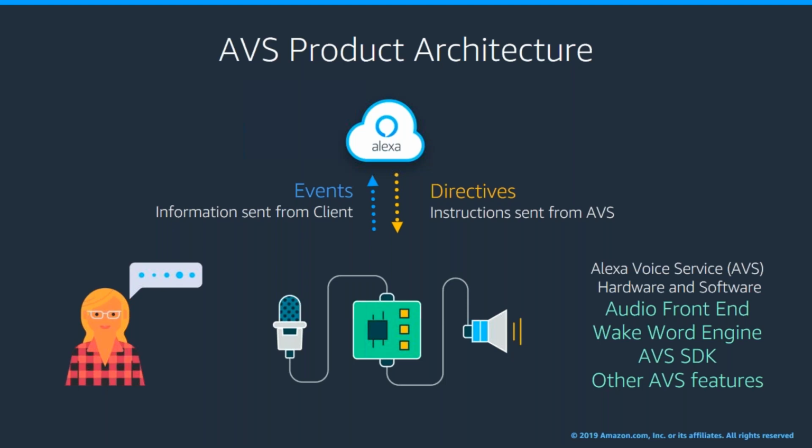So there's a diagram here at the bottom of the screen. The most basic block diagram, or a diagram that you'll see of a product with voice added to it. So there's the main product, the hardware and the software that controls the product functionality and use cases. And here we've added a microphone and a speaker as the bare minimum. There could be, of course, other peripherals such as a display or a touch screen, other types of devices not